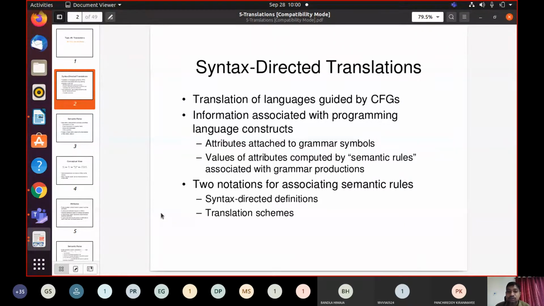Like we'll be having two stacks now. One stack is for parsing, the other stack is for semantic analysis. These two stacks will carry out the operations simultaneously. The first stack will tell you whether it is structurally correct or not, and the second stack will give you the meaning, the value of a particular statement or the meaning of a particular construct, right? I hope I got my point across. So this is what we call an attribute grammar.